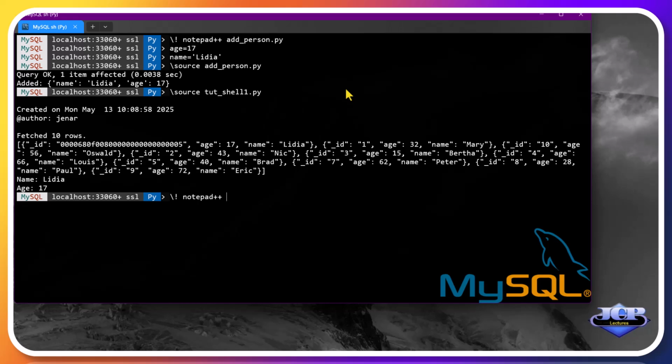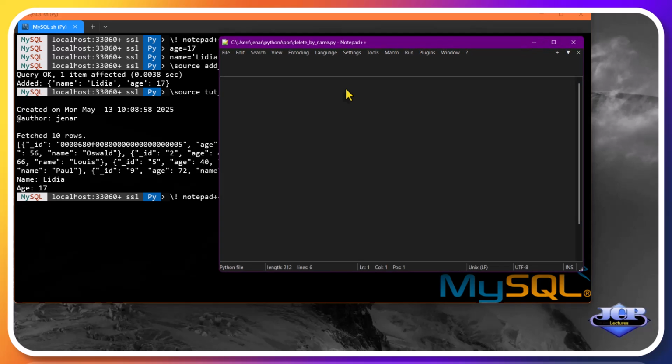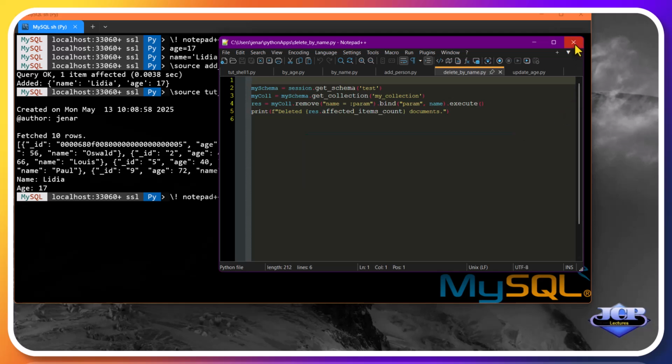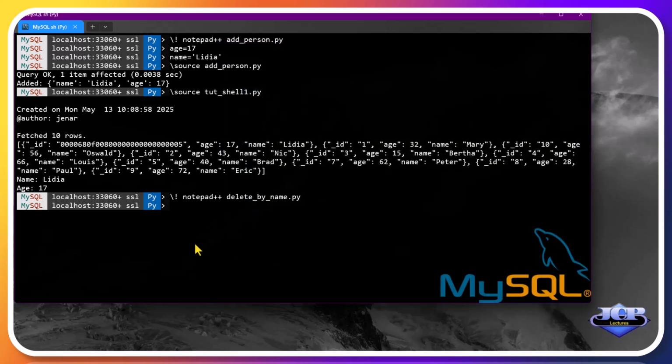The next script to review is delete_by_name.py. This script uses the parameter name and the method remove from the collection class to delete it. After closing the editor, we can use the parameter name storing Lydia to remove it from the collection.